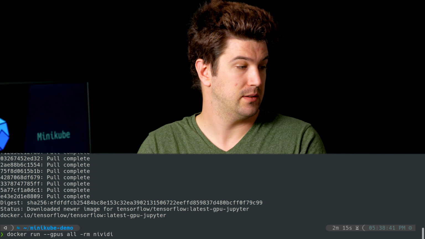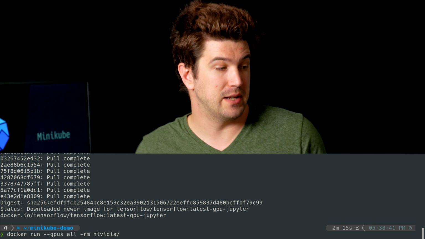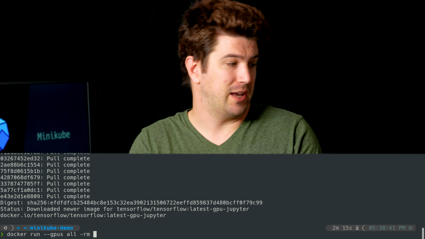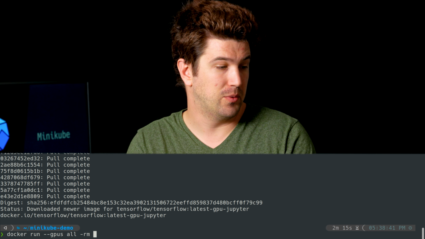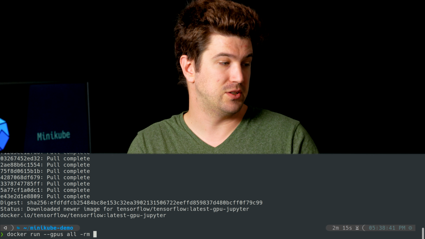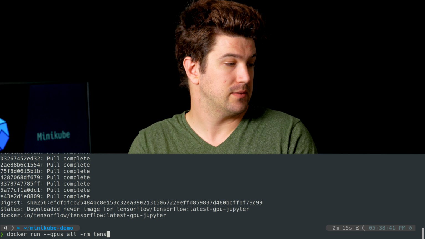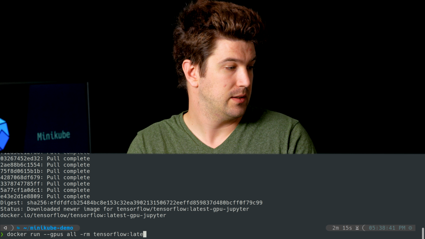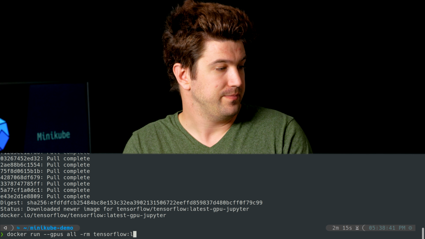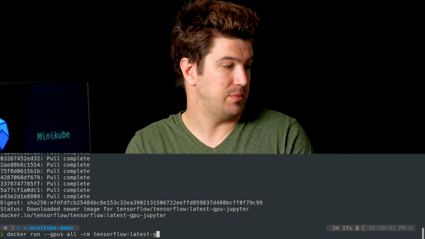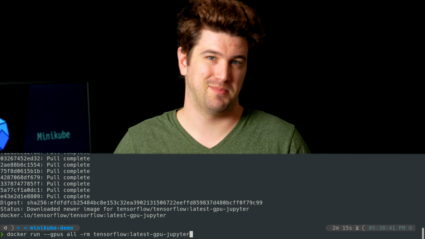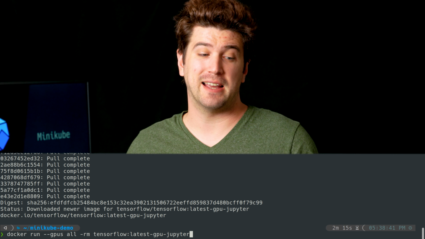nvidia, and then whatever container you want to launch. I don't actually have an NVIDIA one. I have the TensorFlow one, so we could launch tensorflow:latest-gpu-jupyter. Again, I don't have a laptop that supports CUDA,